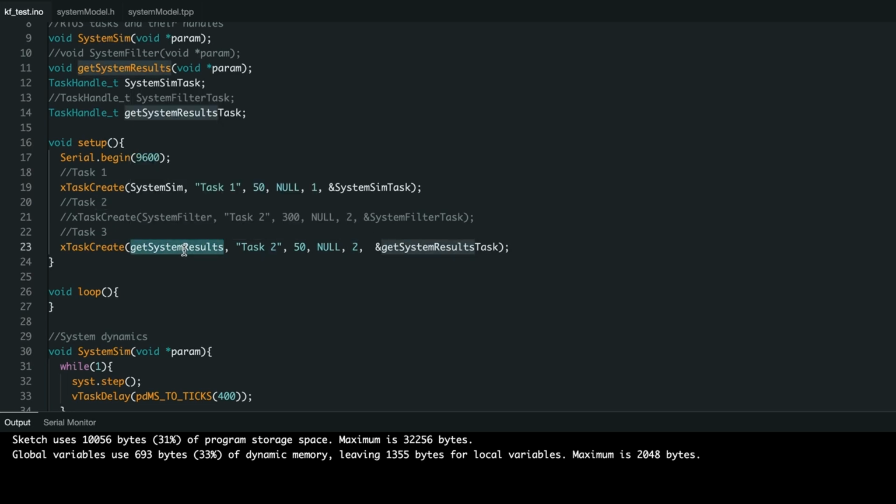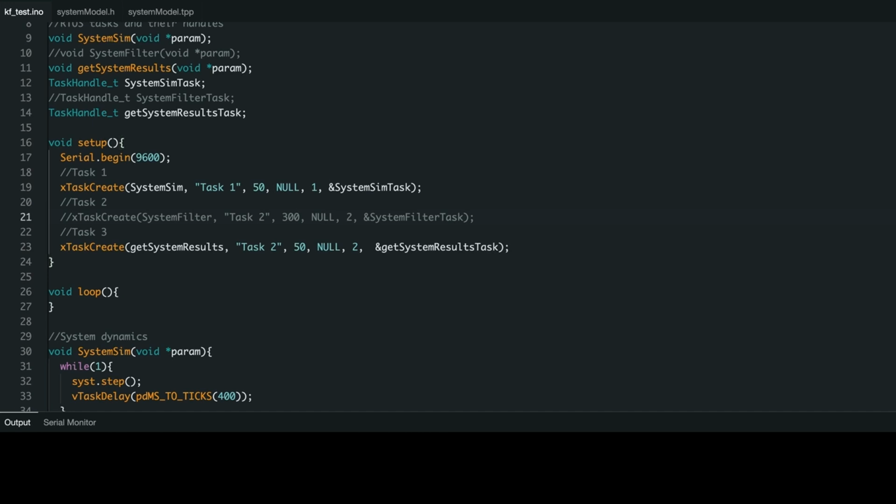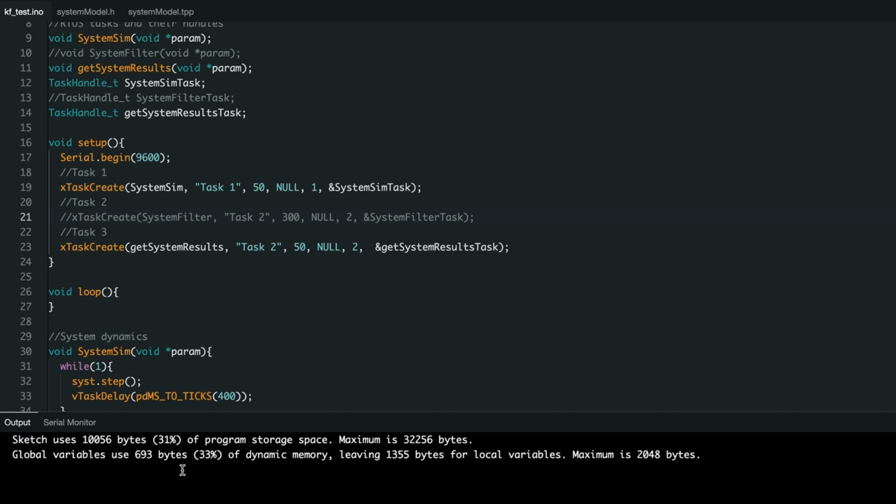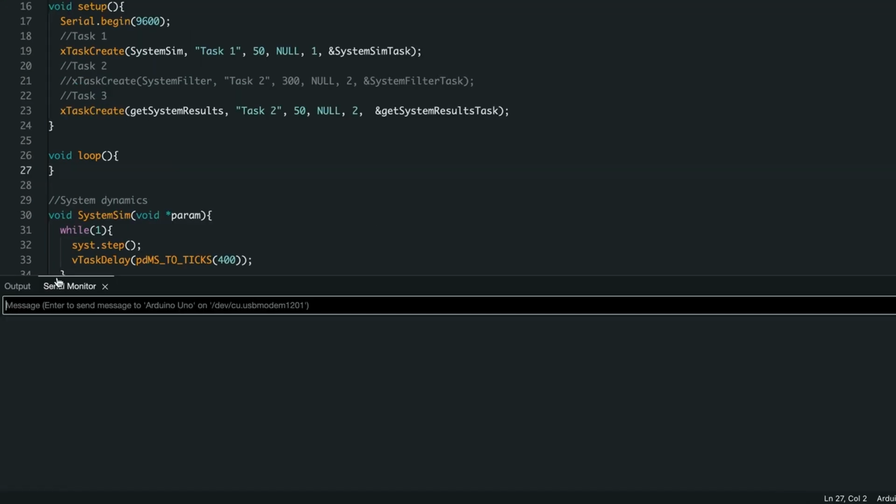So for now, since I've commented this out, I just have two tasks over here, so two active ones, and let's run this one. So when I compile it, you already see I was using quite a lot of memory here, so more than 30%. Even though it's a small program, that's because the Arduino Uno does use limited memory, so you have to use a bigger Arduino board. If I upload that,